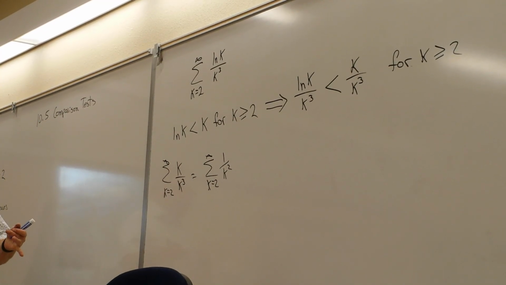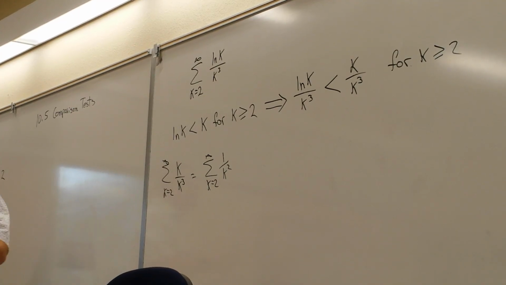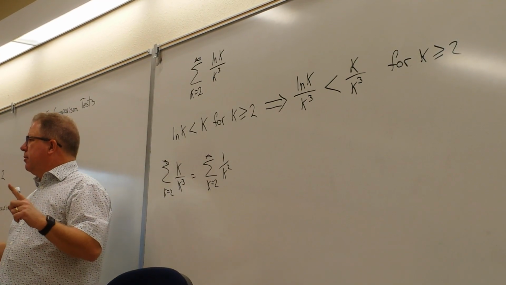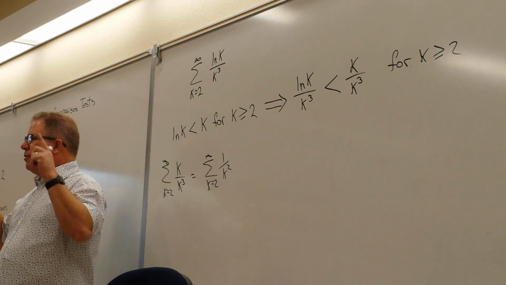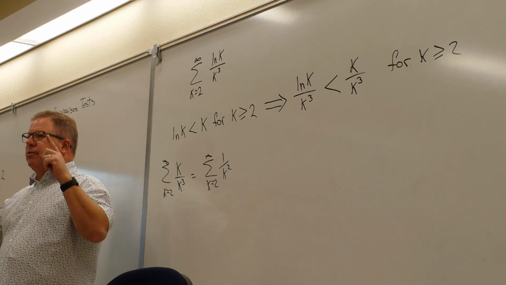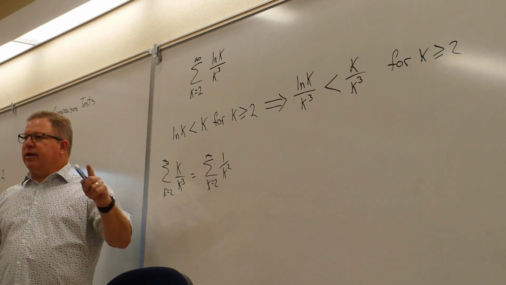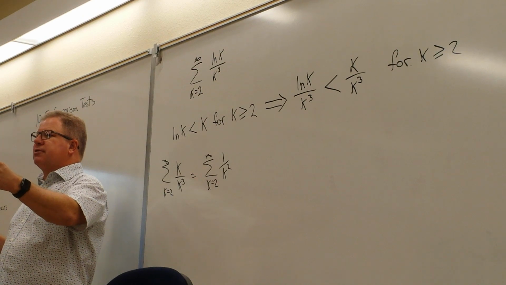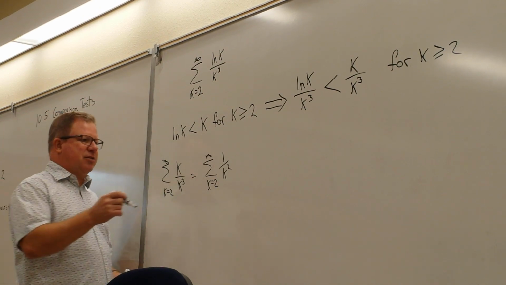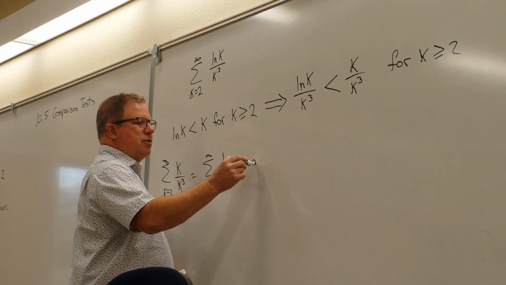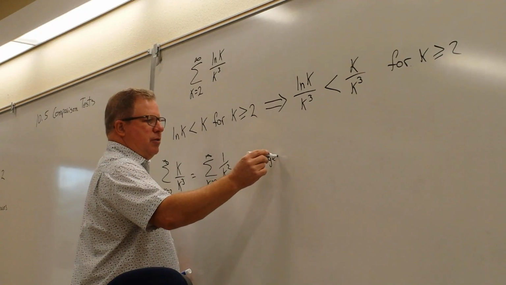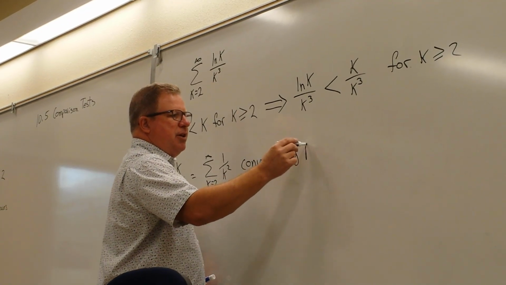And what does that do? Does that converge or diverge? It converges. It converges because 2 is greater than 1, and that is by what test? P-series test. Converges by